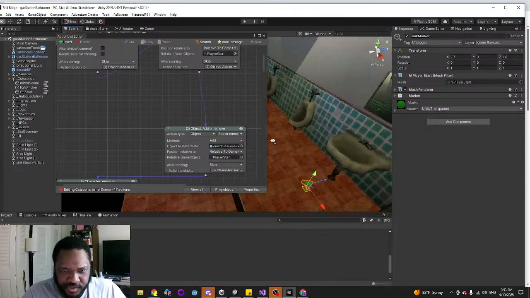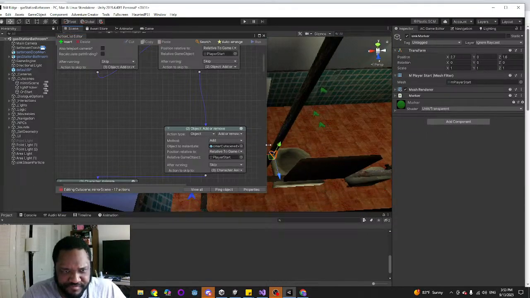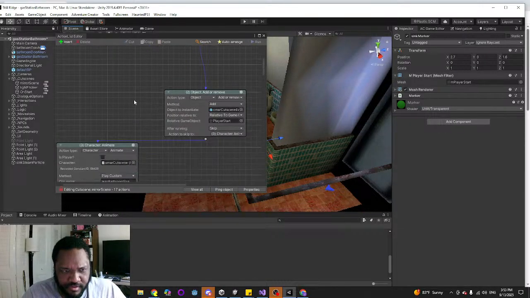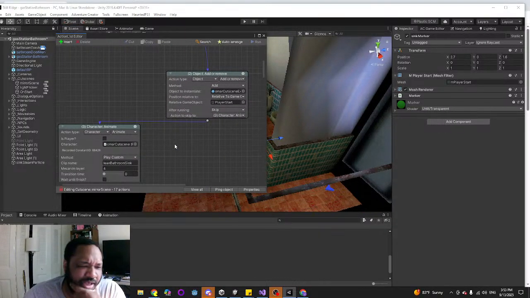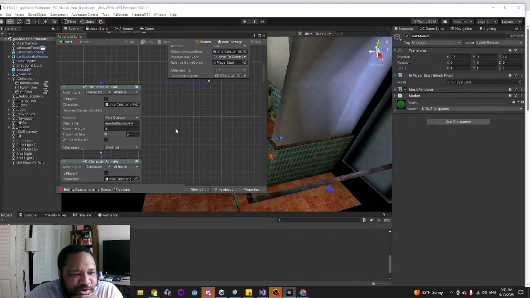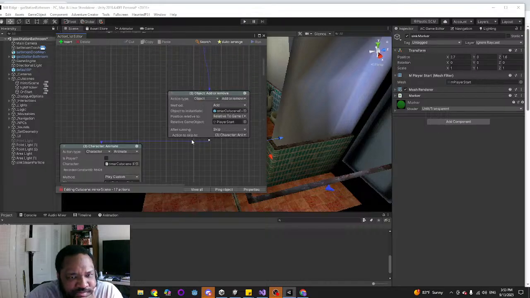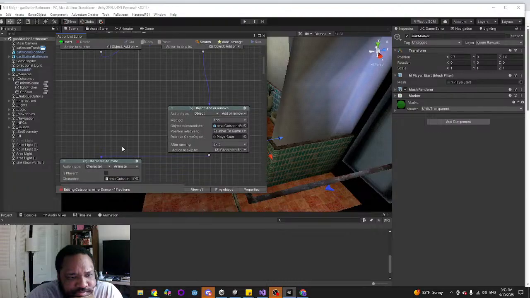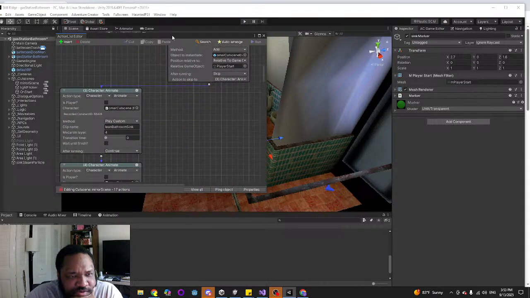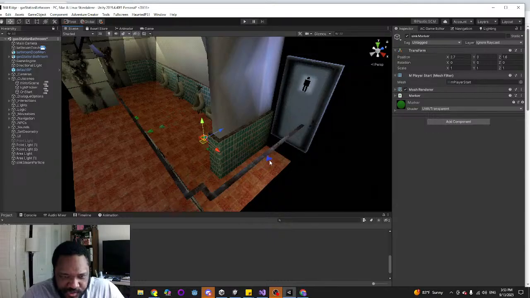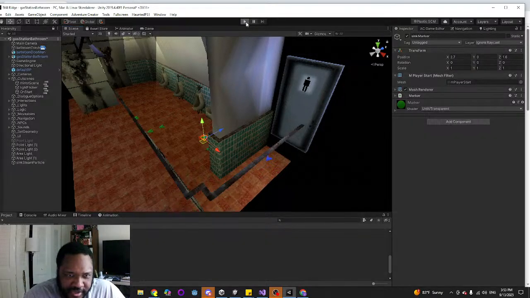So the way this cutscene works is, what? Yeah, this scene used to work, but again, I have not opened this in a long time. So when I run this, whatever object is teleported here should animate.